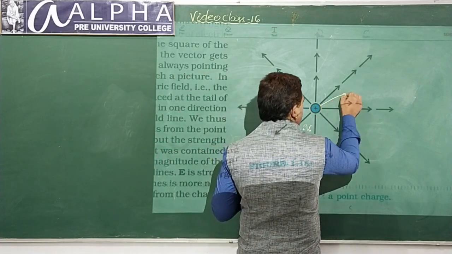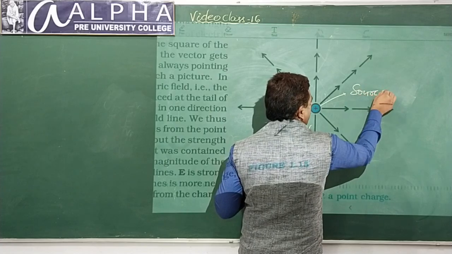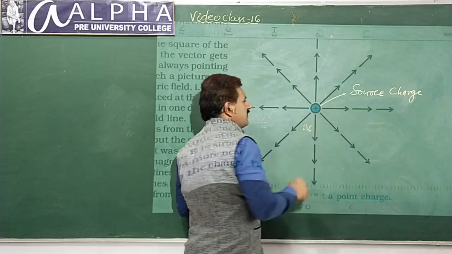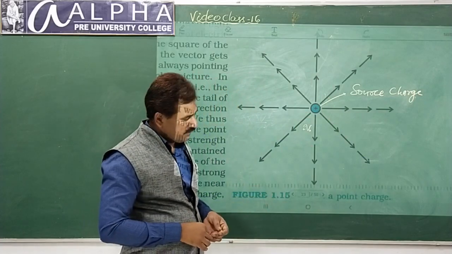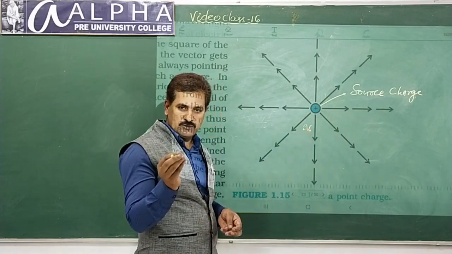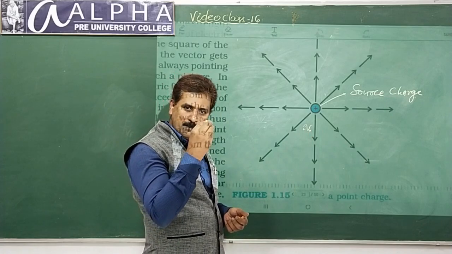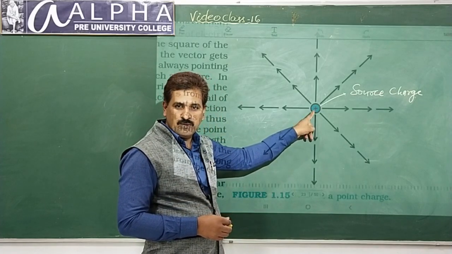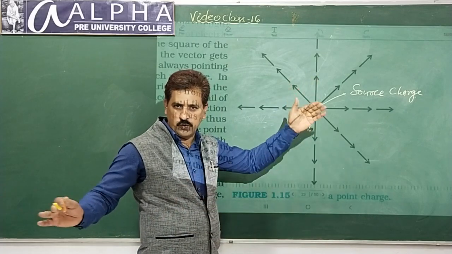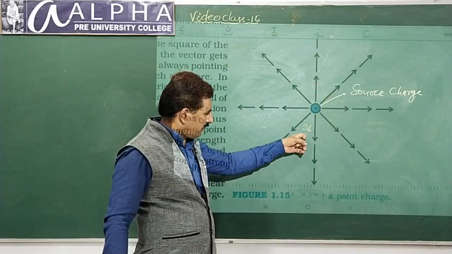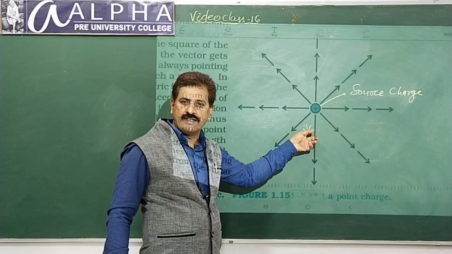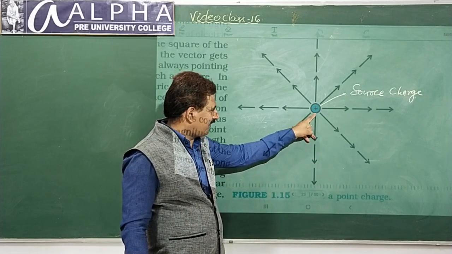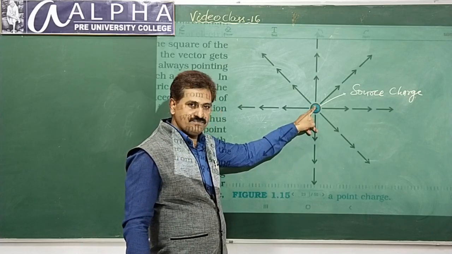What is this, then? This is the source charge. I explained these 2 words to you, source charge. What is a source charge? A charge which produces an electric field in the region. What is a test charge? A charge which is used to identify the presence of the field. In comparison with this magnitude, the source charge is very large, huge. In front of it, the test charge is very, very small, of negligible size, so that the presence of this charge here does not affect the source charge.